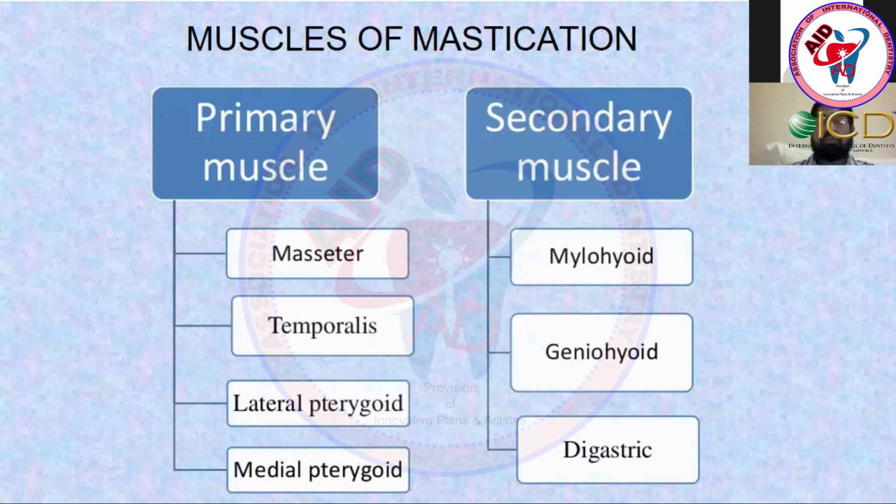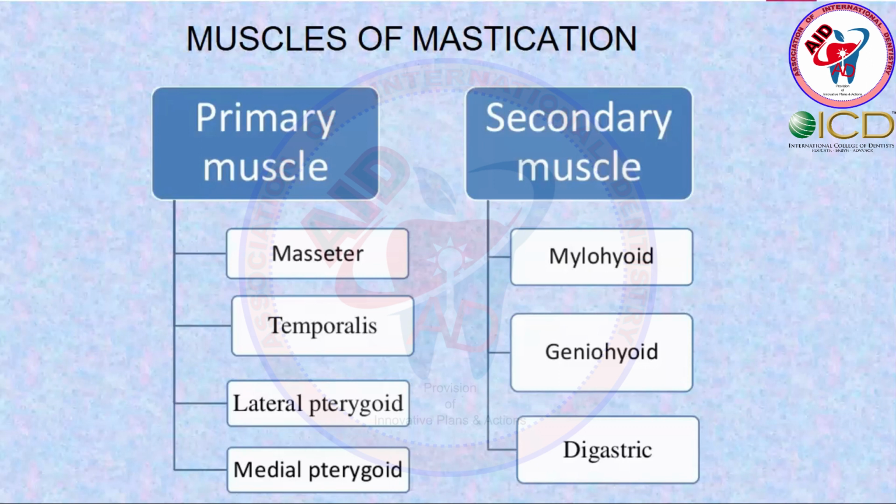There are two groups of muscles of mastication, called the primary muscles and the secondary muscles. You are well aware of the primary muscles. These muscles are all directly attached to the ramus of the mandible: either the condyle, the coronoid, the medial side of the ramus, or the outer side of the ramus. While the secondary muscles of mastication are attached just at the chin or the lower aspect of the body of the mandible. No muscle of this group is attached to the ramus of the mandible. So there are two definite anatomical variations.